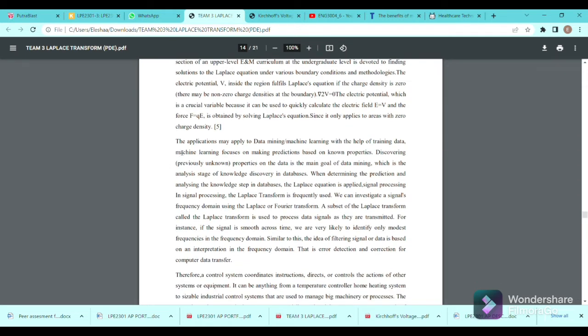Now, the application may apply to data mining or machine learning with the help of training data. Machine learning focuses on making predictions based on known properties. When determining the prediction and knowledge immensely, the Laplace equation is applied. Signal processing: in signal processing, the Laplace transform is extensively used. We can investigate a signal processing system using Laplace. For example,